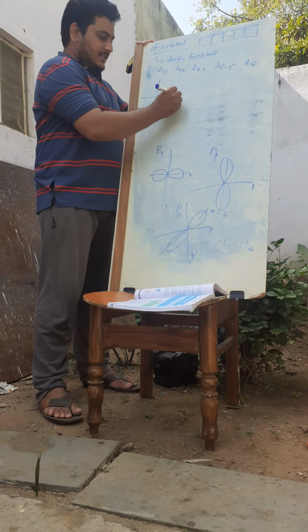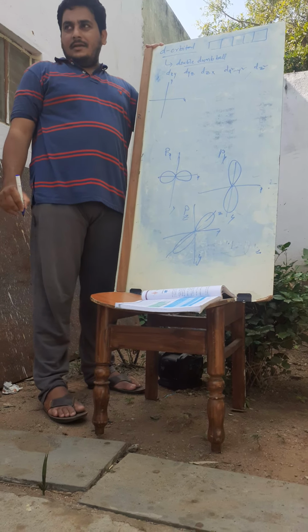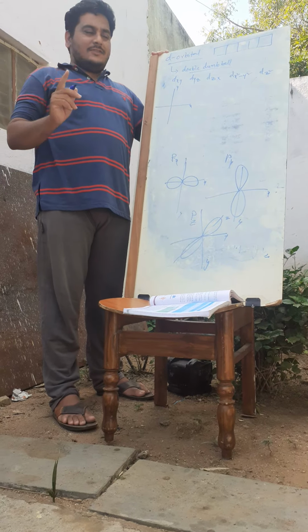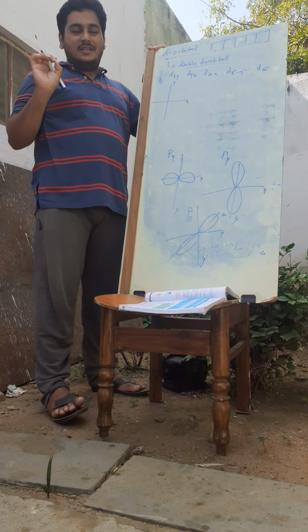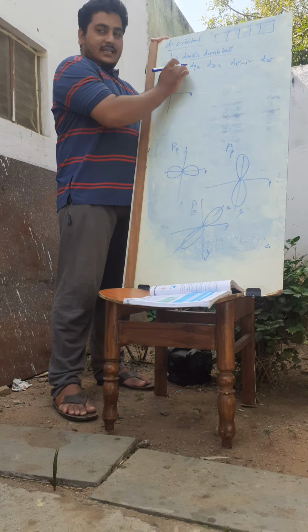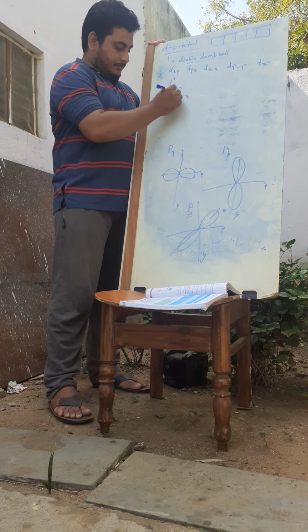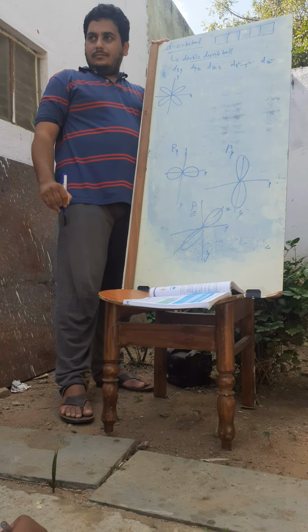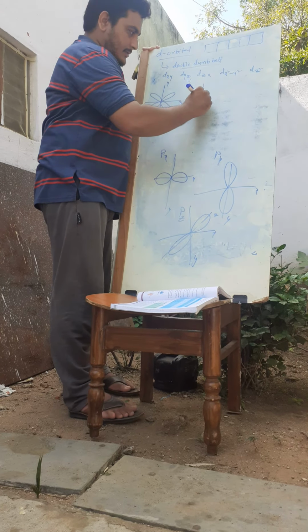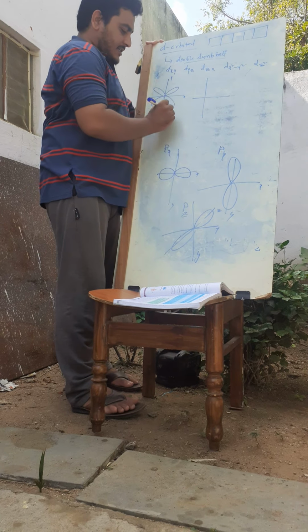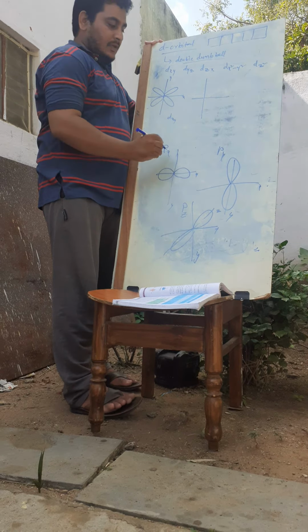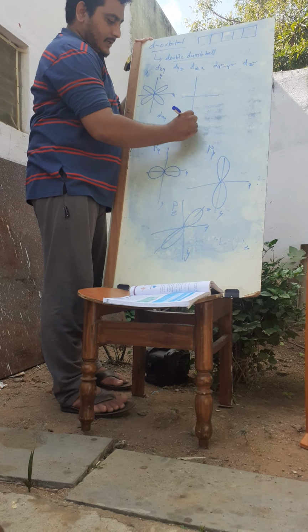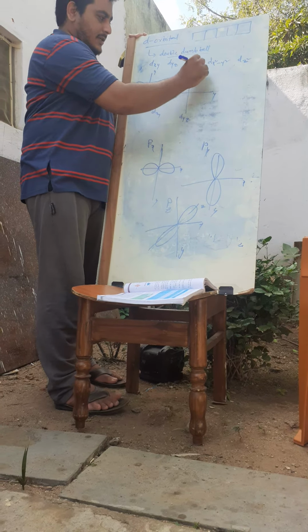See, this is your x axis, this is your y axis. The 3D shape is difficult, that's why we are going with this, and I am telling you to copy these shapes. For x and y, dxy, I said, is a double dumbbell shape. Next, coming to the dyz: this is your y axis, this is your z axis.